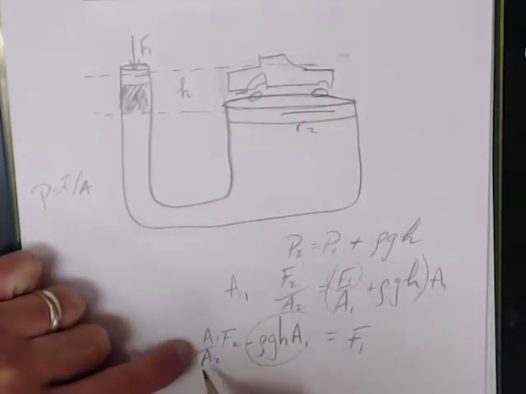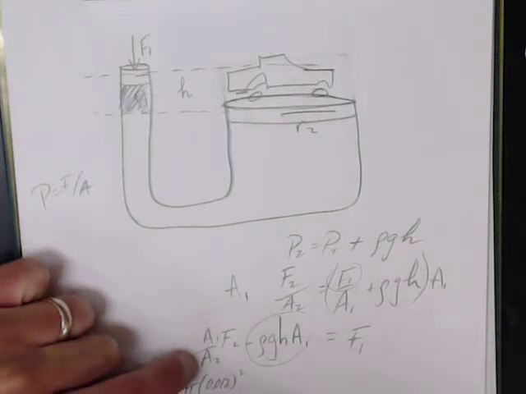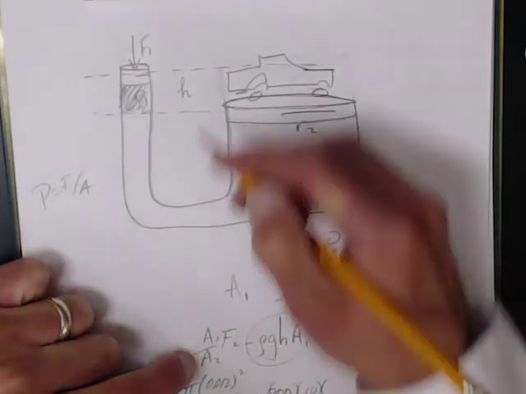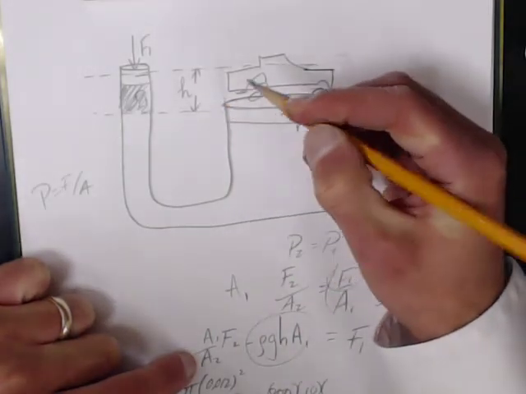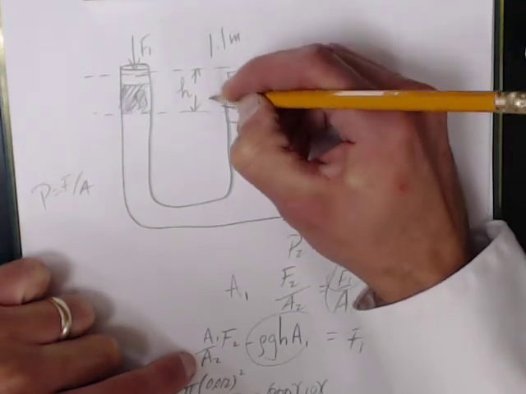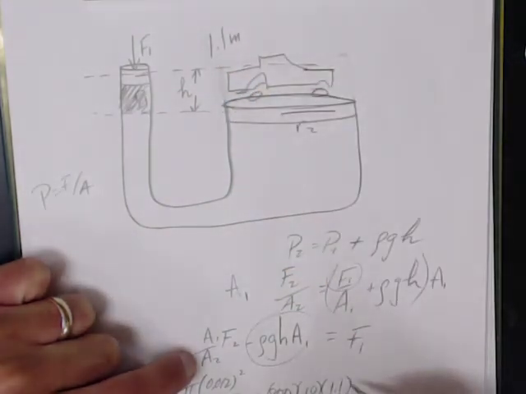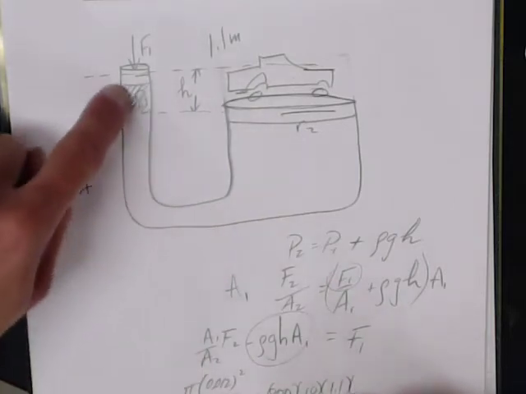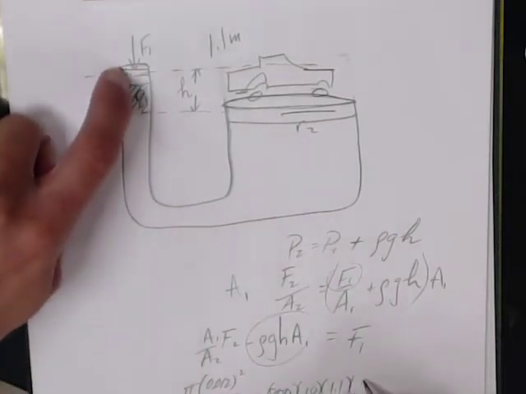So let's plug these numbers in. Area 1 is pi r squared, 0.012 squared, pi, 0.15 squared, minus 800 times 10 times, what was my height here? Oh, I forgot to tell you. It was 1.1 meters. 1.1 meters times the area 1, which is what I'm pushing on, which is